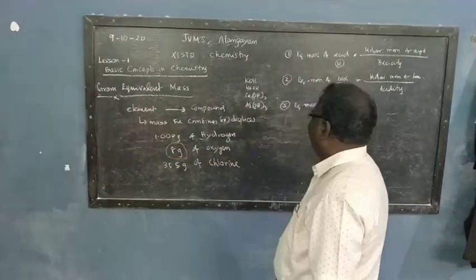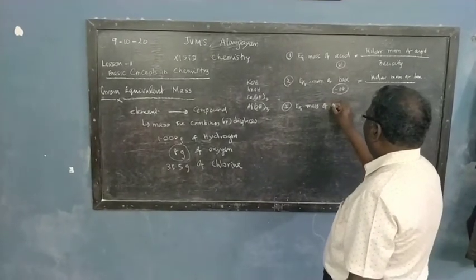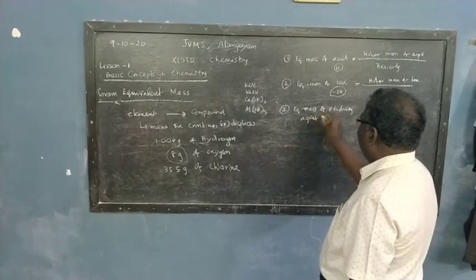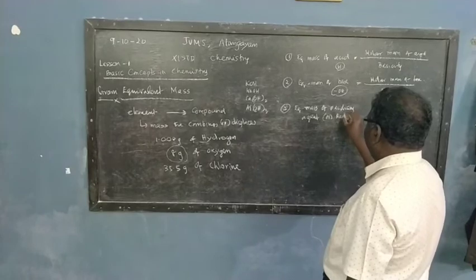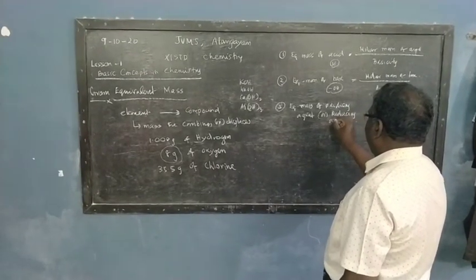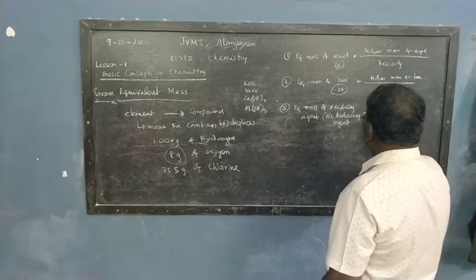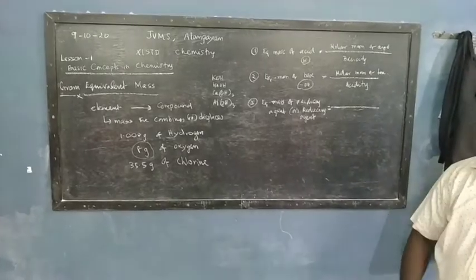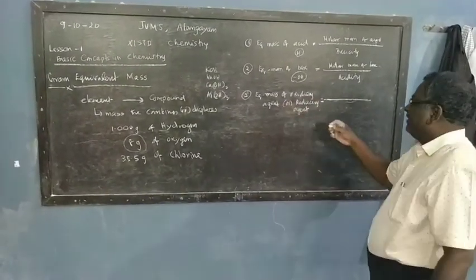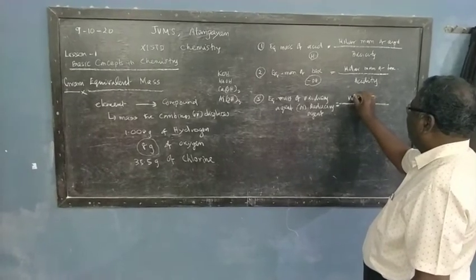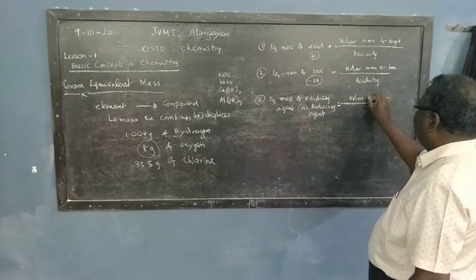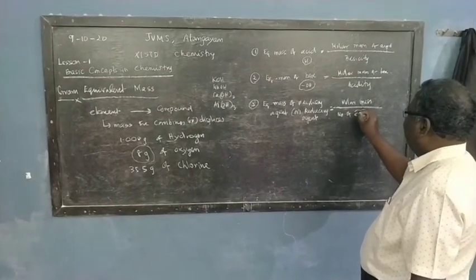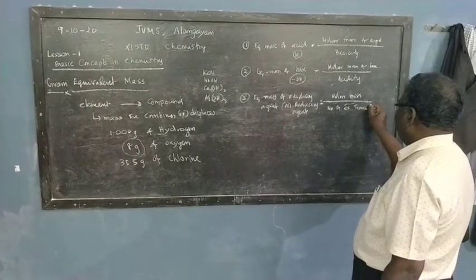அடுத்தது மூணாவது வந்து தேர்ட் ஒன் ஈக்குவலன்ட் மாஸ் ஆஃப். இது ஈக்குவல் மாஸ் படிக்கக்கூடாது, என்னன்னு படிக்கணும்? ஈக்குவலன்ட் படிக்கணும், ரைட்? ஈக்குவலன்ட் மாஸ் ஆஃப் ஆக்சிடைசிங் ஏஜென்ட் or reducing agent. Oxidizing agent is one which gives oxygen. Reducing agent is one which removes oxygen, right? That's the difference. So இதுக்கு என்ன சொல்றாங்க? Molar mass of oxidizing agent divided by number of electrons transferred or involved,